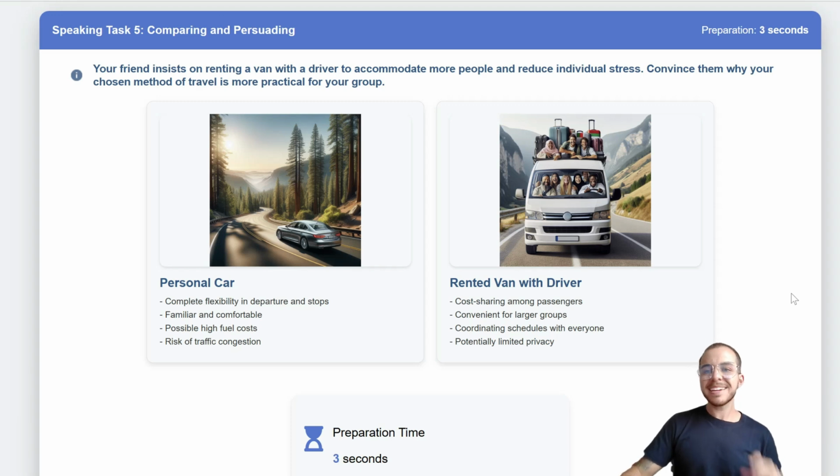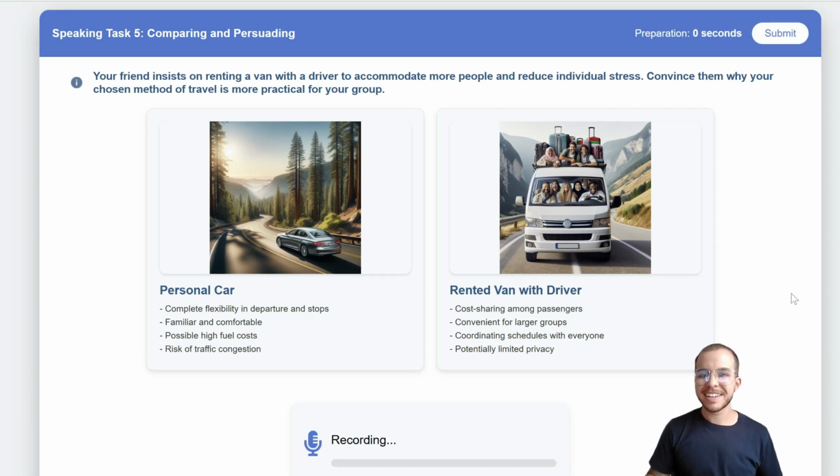We begin our speaking in 3 seconds. Okay, I will start speaking now. Hey friend, thanks for proposing 2 separate options on how we should travel to our destination. It'll be a fantastic trip. In my opinion, choosing a personal car is far greater of an option than renting a van with a driver,